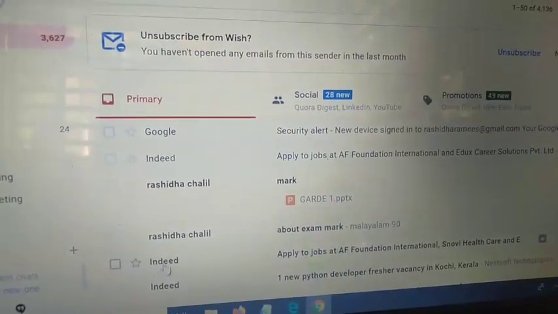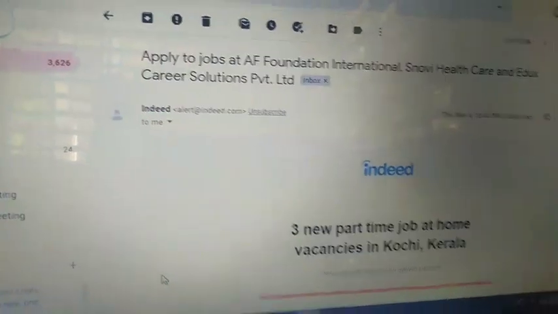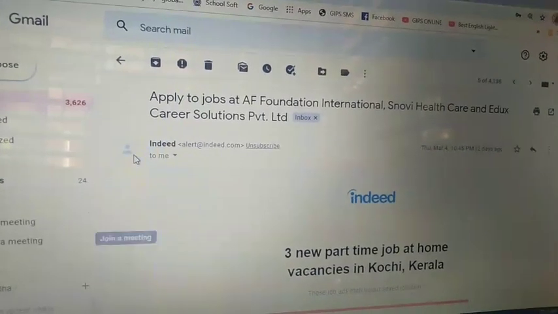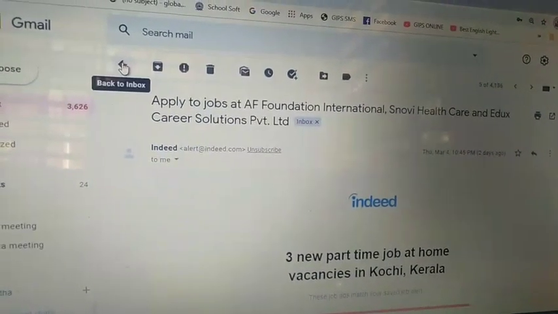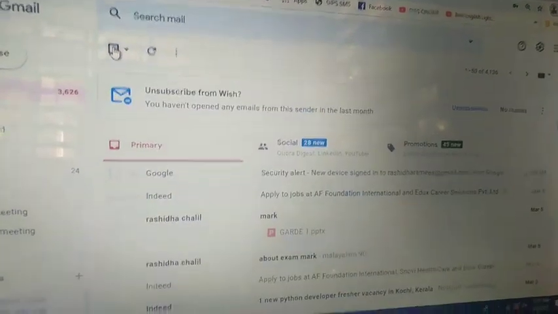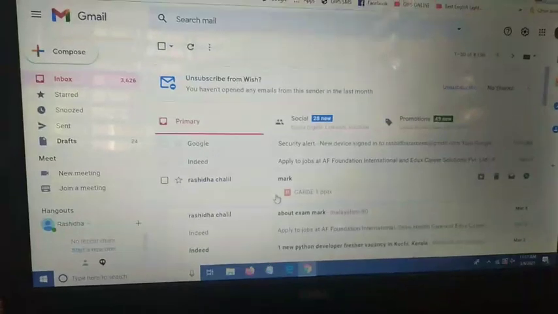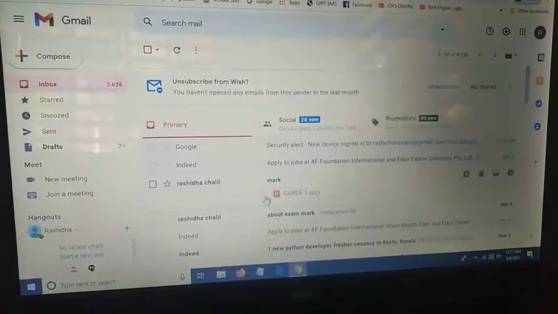Now I click on here, then we can get more details about that mail. Now this one is also unbolded. This is about reading an email.